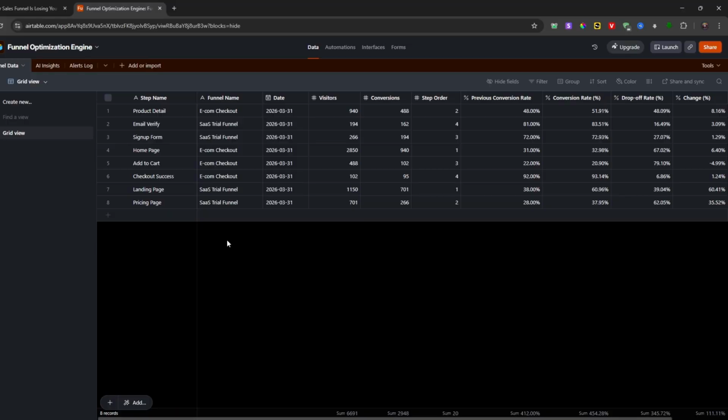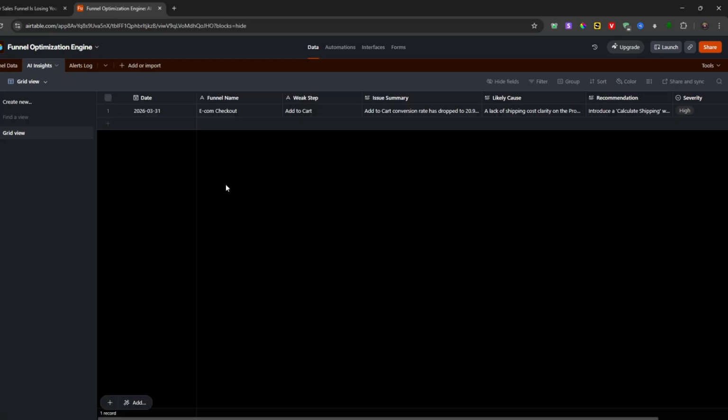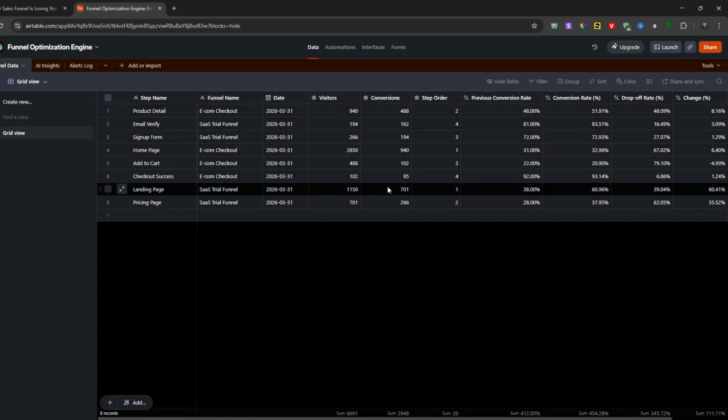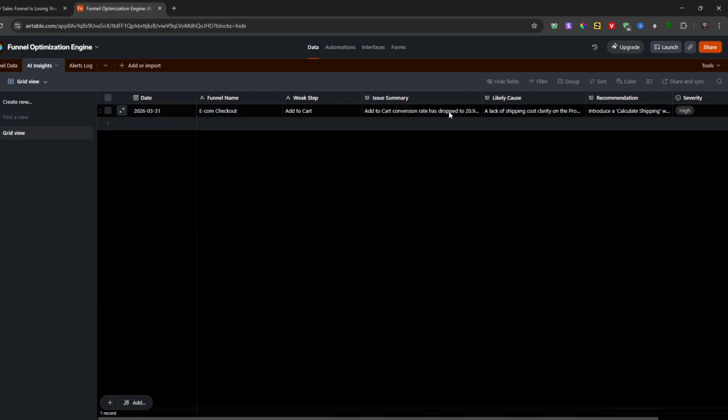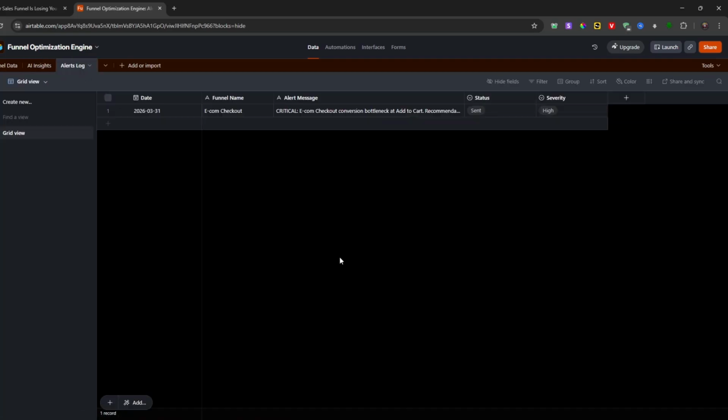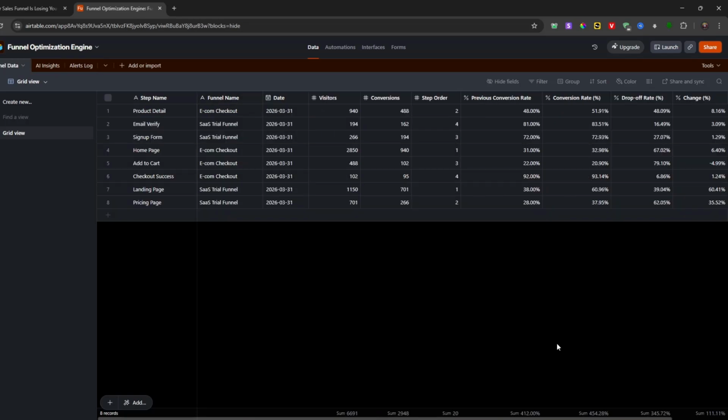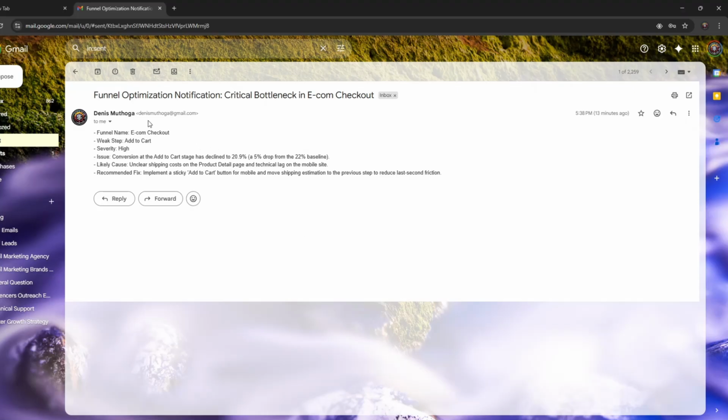An agent like Anti-Gravity or Claude proceeds to calculate the conversion rate, drop-off rate, the change, then analyzes the funnel at each step, analyzing what is causing a low conversion rate at each step of the funnel, a high drop-off rate, then provides the issue summary, likely cause, and recommendation, then proceeds to log the data to our table in our base over here, then sends us an alert message with a summary, as you can see over here with